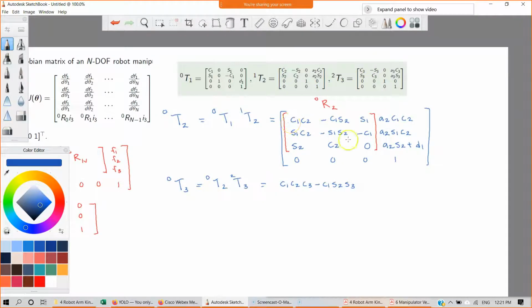Right, next. Minus, I think we'll be running out of space. Minus C1, C2, S3 minus C1, S2, C3. Okay, correct? C1, C2, S3 minus C1, S2, C3. Okay. And then the third element will be this one, S1. And then the final element will be, wow,